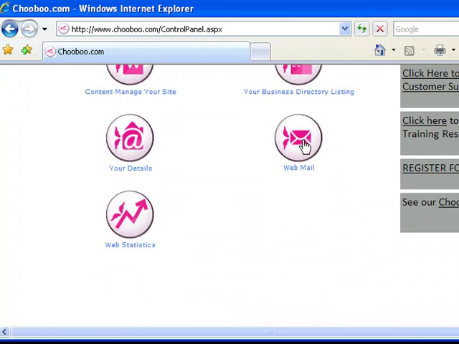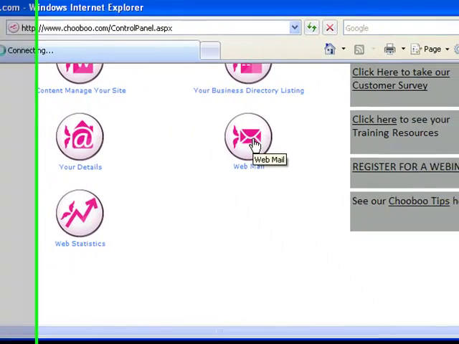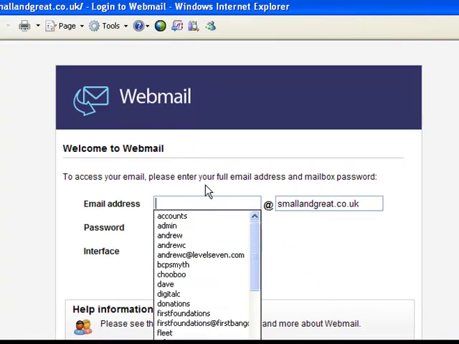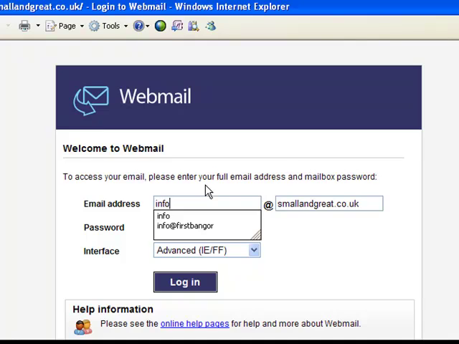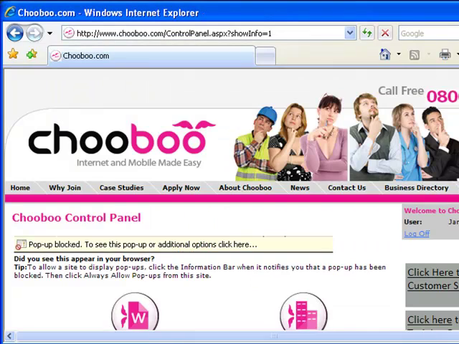Next to draw your attention to is the webmail service. By clicking on this, you'll see that you can log into your webmail from here. You type in the first part of the email address and the password. We'll have provided you with your email address and password by now. If we haven't, then please don't hesitate to let us know, and then you can log in from there. Okay, I'm not going to do that in this tutorial. It will feature in a later tutorial. So, going back to the control panel again,